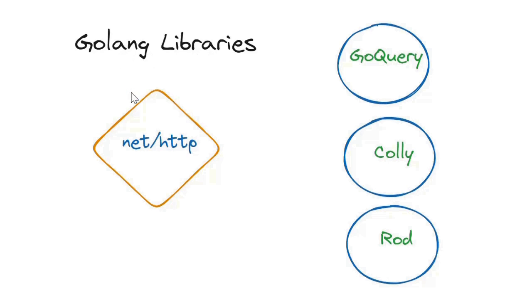To work with web scraping, Golang provides multiple library support, such as net/http, which we use to extract the web page content and to hit the request on a specific web page. Then we have three other libraries, GoQuery, Colly, and Rod, which support extracting the data from the web page and help to parse the same data. Today we will focus on the net/http and GoQuery libraries, and in the next video we'll see how we can scrape the data with the Colly library. Let's jump to the code editor.